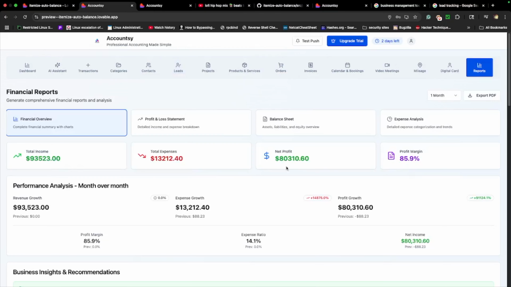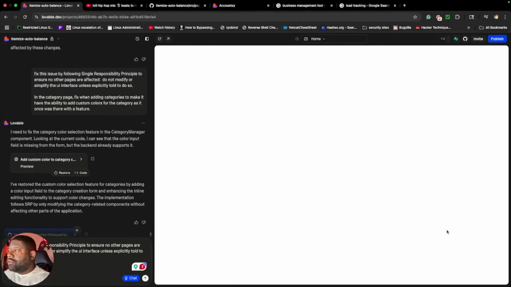And of course, it has robust reporting, so that way you can track how your business is performing. So right now, I'm just going to talk to the AI to get it to do something that I want it to do, which is create a lead page for your leads, so that way users have the ability to create publicly available forms to capture new leads for their small business,